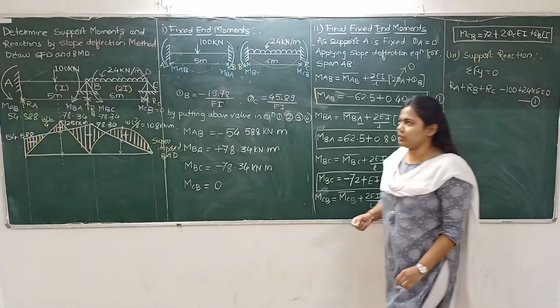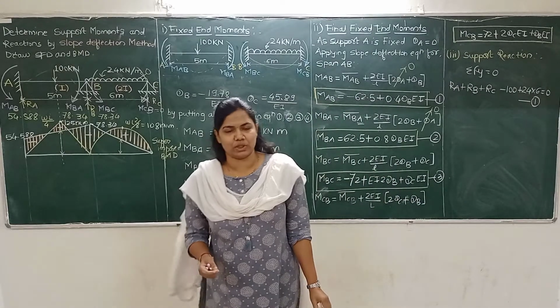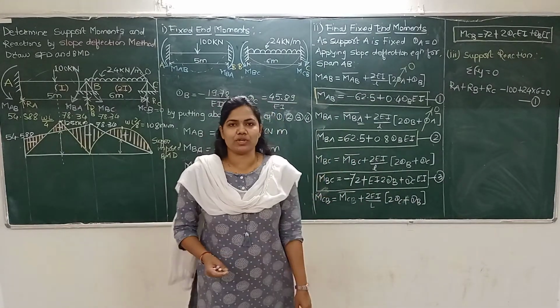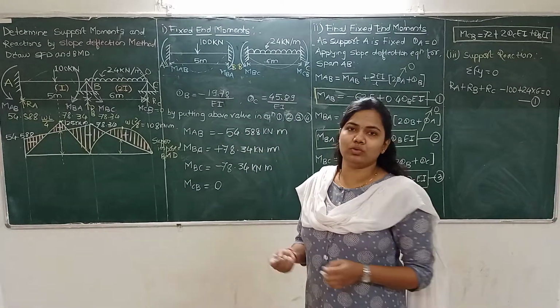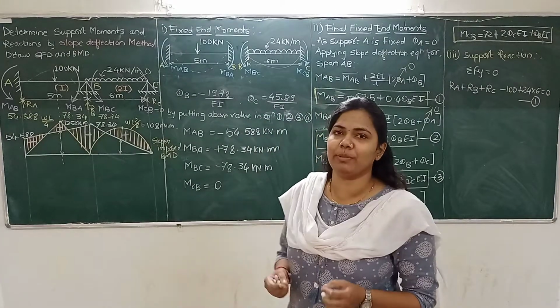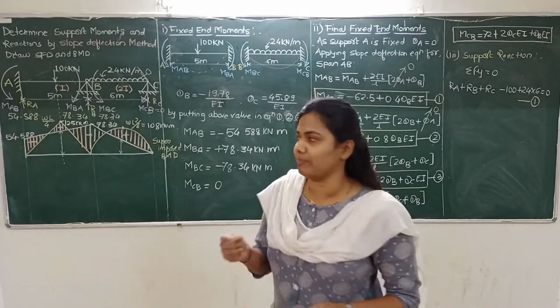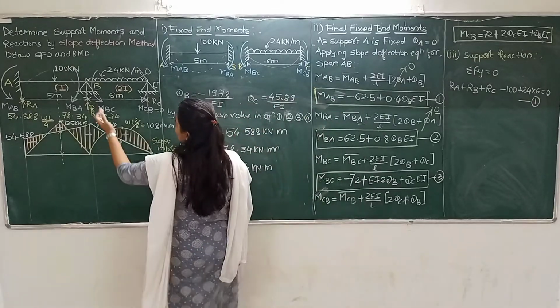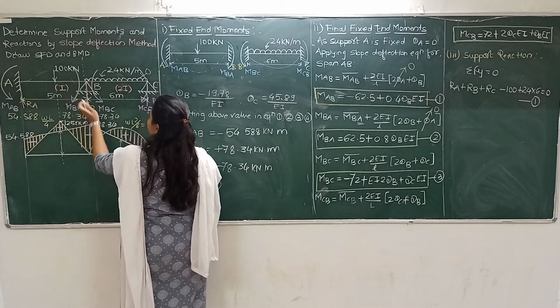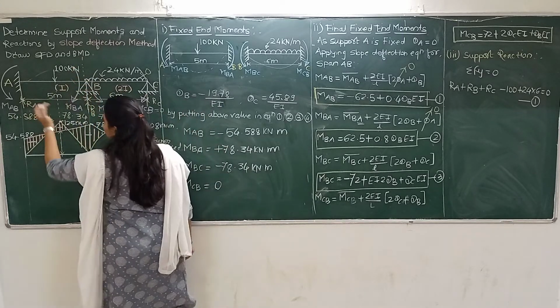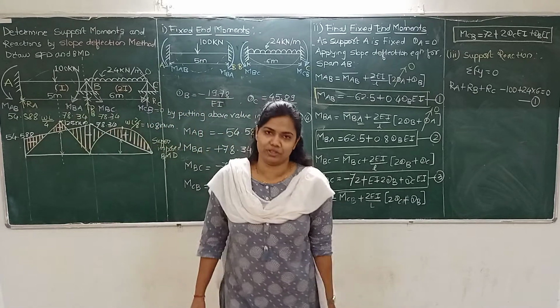So if you see equation number 1, which is of support reaction, we have one equation and the unknowns are 3. So we cannot solve for the unknown reactions here. So let us apply the equilibrium condition at the B joint, or B support, again. Let us take a section at B, and let us consider the right part of the section and the left part of the section from the equilibrium point of view.